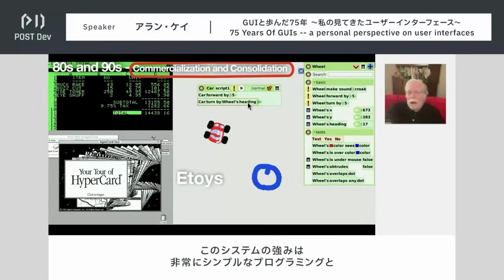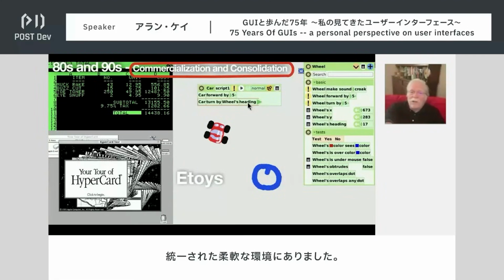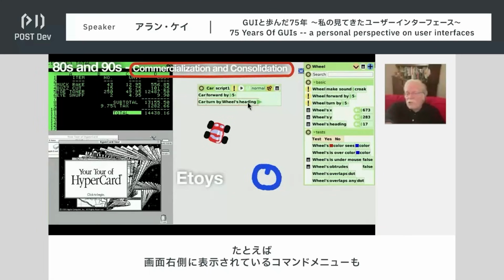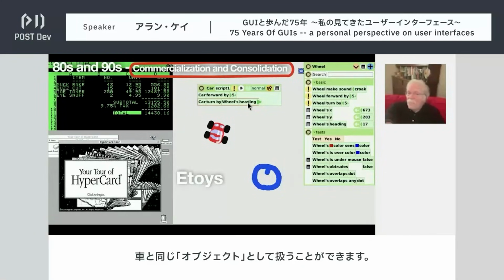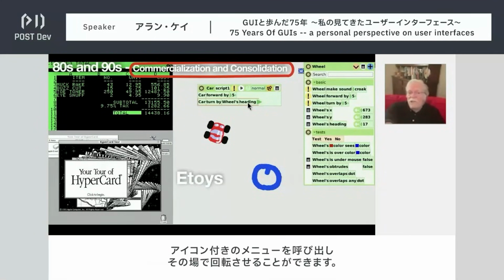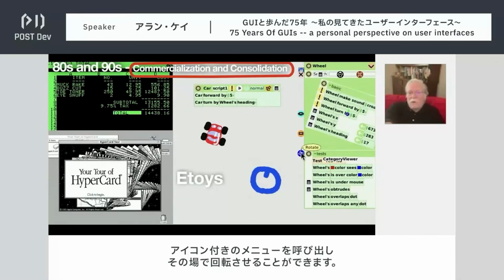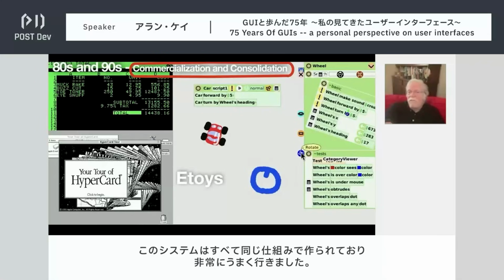And the power of this system was really simple programming and a very uniform, capable environment. So for instance, you could take that menu of commands on the right-hand side of the screen, and it's an object just like the car. And so you can get an iconic menu from it and rotate it in place. So everything in the system was built out of the same stuff. This turned out to be very successful.